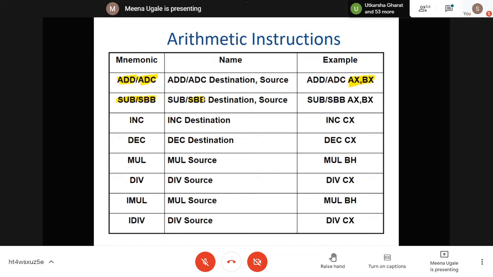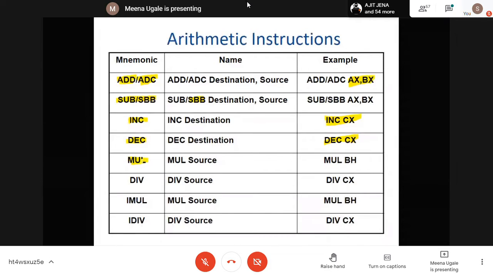The carry flag from the flag register works as carry when you are operating on addition instructions, and it works as the borrow flag when you are working with subtraction instructions. Then you have increment. I just want to increment the content of my register by 1. Normally, like in a for loop you do i plus plus, i minus minus, it is the same operation. Increment and decrement. Increment the content of my operand by 1. Now increment will operate on a single operand, so this instruction will take only one thing. Increment and destination, decrement and destination.